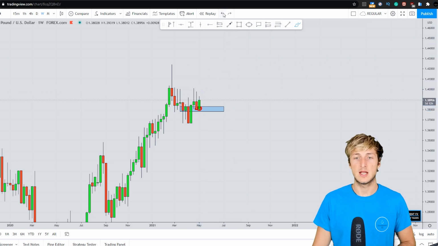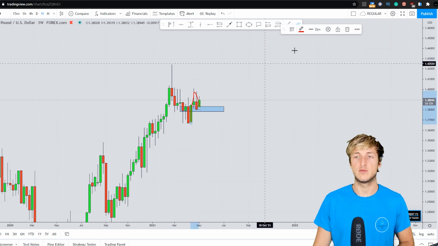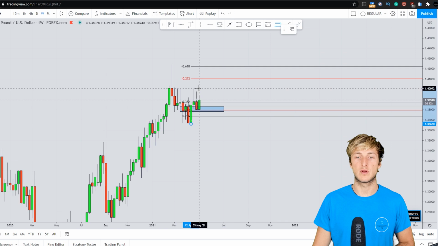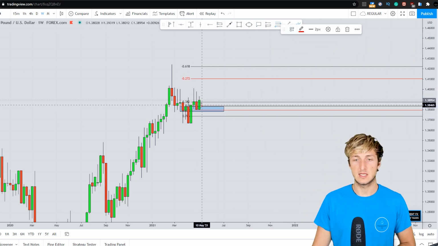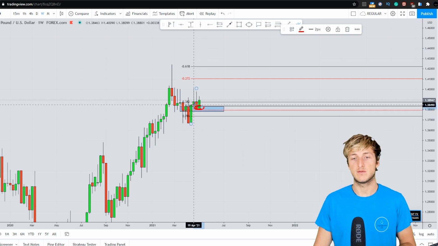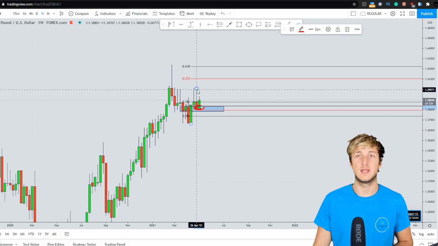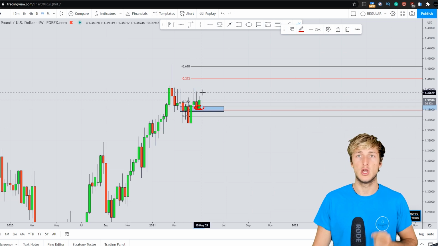Now, generally speaking, after an impulse, if you want to measure the correction, what you have to do is take your Fibonacci from the low to the high of the impulse. And if we do that, what we can see is that the market has just retraced exactly in the zone which is in between the 50% and 0.618 of the Fibonacci taken on this weekly impulse, which is a quite